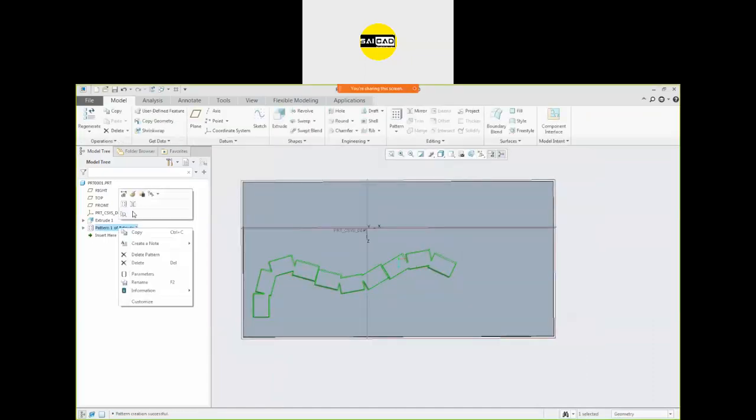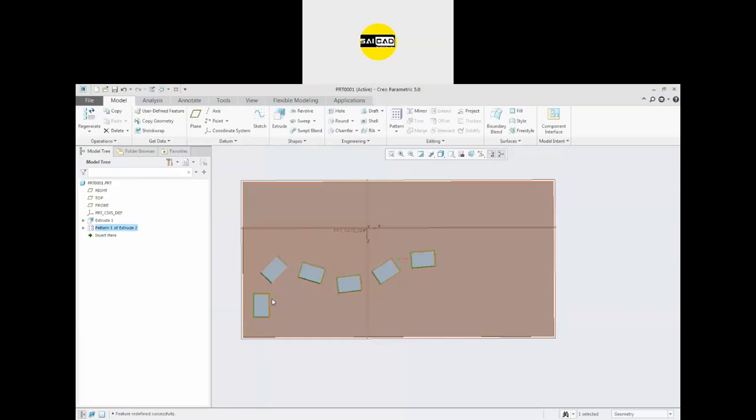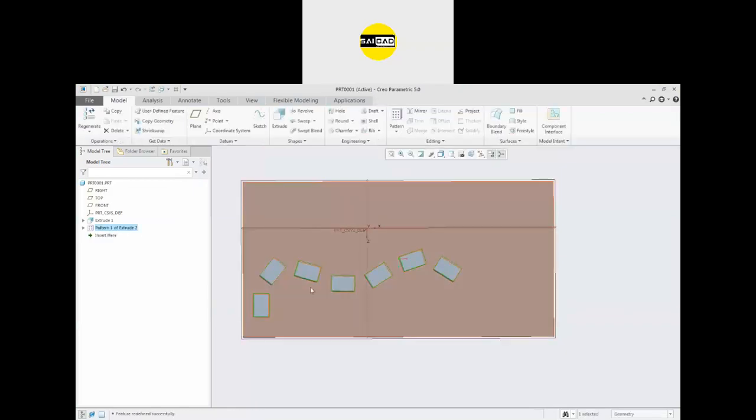You go to the edit and define the gap between those two and the spacing between the pattern members. I want the gap to be 100. The objects will be created with a gap of 100 from each other. If you want to specify the number of items, you can just click here. The gap will be removed and the number of items will be there. I want the number of items to be 7. There will be 7 items in the shape of that curve.